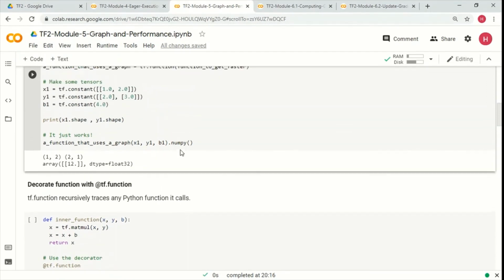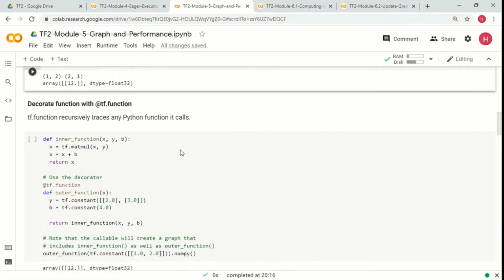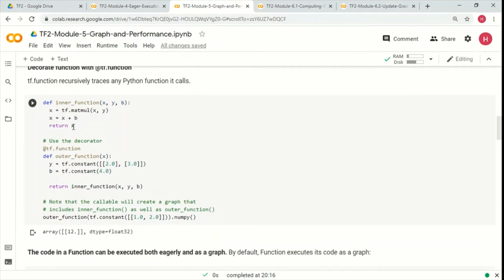Now the second method of wrapping this function and converting it into a graph is by using a decorator, @tf.function. We are doing a similar thing here, but there are 2 points we are trying to illustrate. The first point is we decorate a function. So we create this outer function, we pass an input to it, and within this function we define y and b.